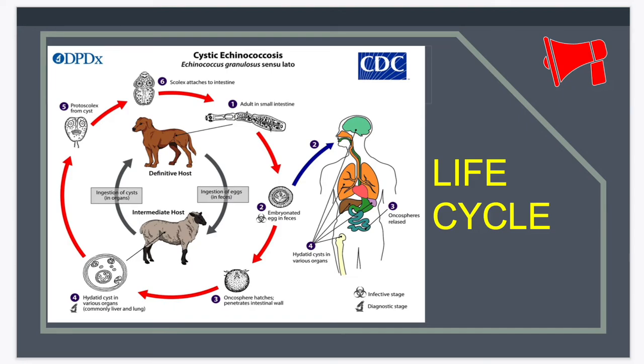So in these organs, the oncosphere develops into a thick-walled hydatid cyst that enlarges gradually, producing protoscolices and daughter cysts that fill the cyst interiorly. And the definitive host becomes infected by ingesting the cyst-containing organs of the infected intermediate host. So after ingestion, the protoscolices evaginate, then they attach to the intestinal mucosa, and they develop into adult stages,